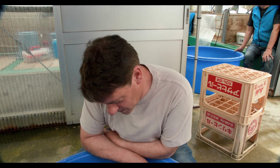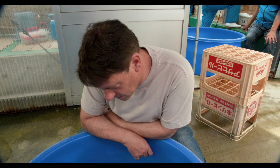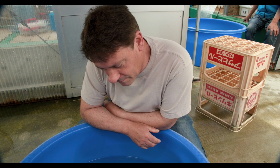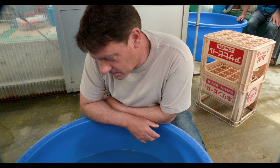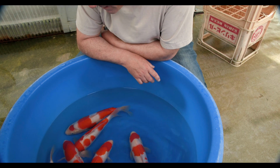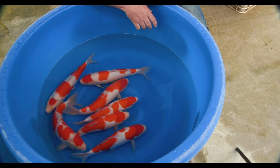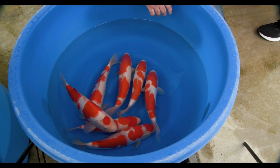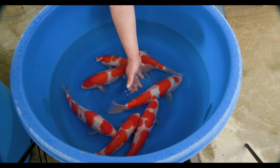So here we have the second group of Matsuri Rasta Koi, and again a good group. But in this group, there's one fish that is a higher level than the other fish, and it will make things a little bit more interesting to see how that fish actually stands up compared to the other fish, whether it actually turns out to be the best one because of being the highest price or not, as the case may be. Anyway, in terms of body type,